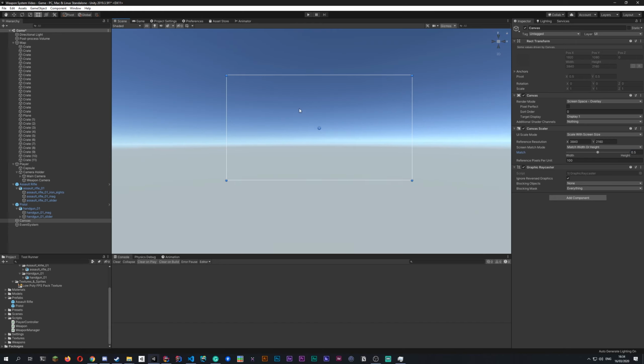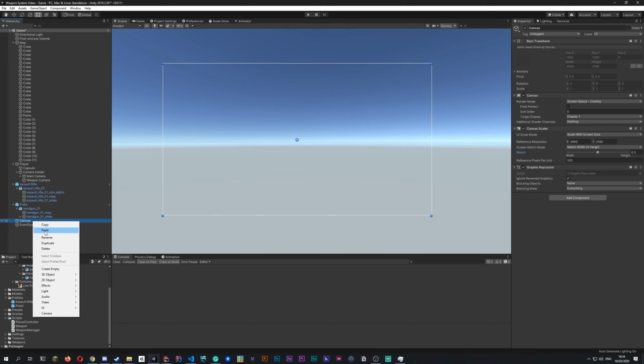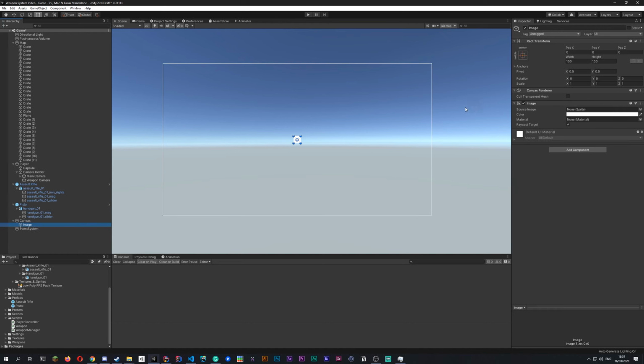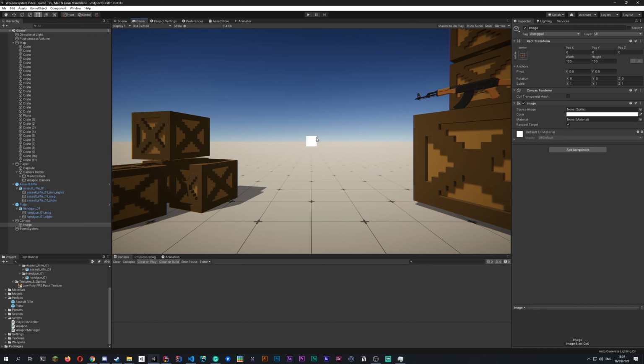So when you are back in the editor window, click on the 2D option, and we first want to create the actual crosshair. So we want to create the crosshair by right clicking, UI and image. So you can see that the image is centered, but it's a little bit big. And I've